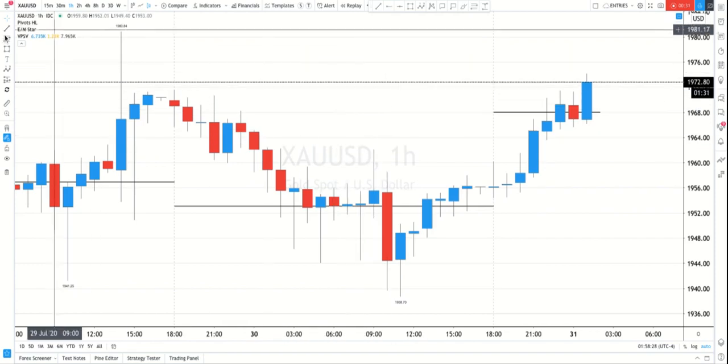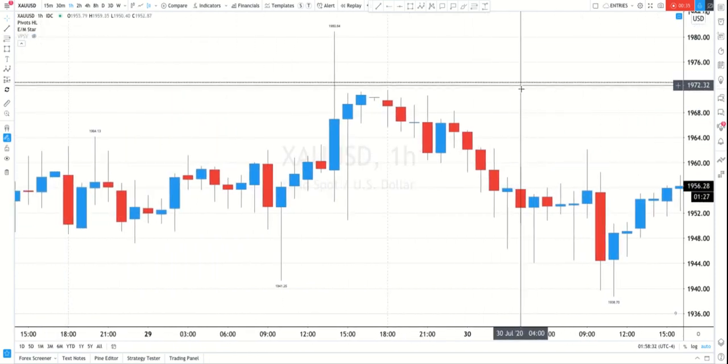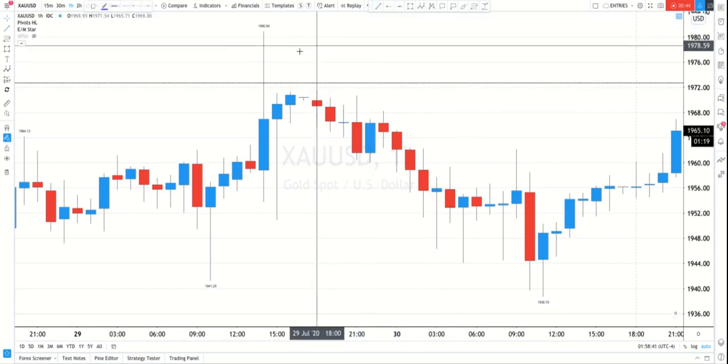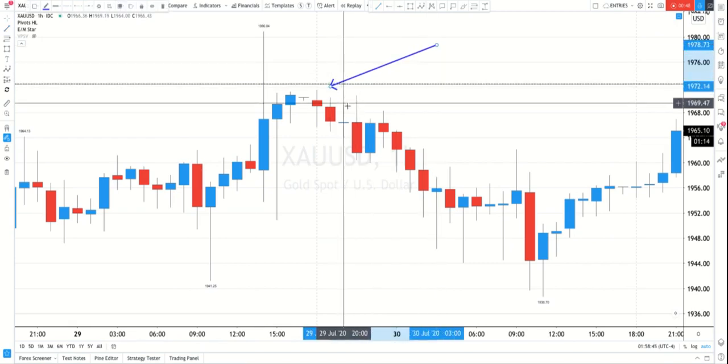I'm going to be analyzing from the 1 hour time frame, and I'm going to give an overview, and then I'll go back on the 15 and on a lower time frame and actually break down how to enter and analyze those entries. So let's start from the beginning of the trading day of July 30th. And as you can see,